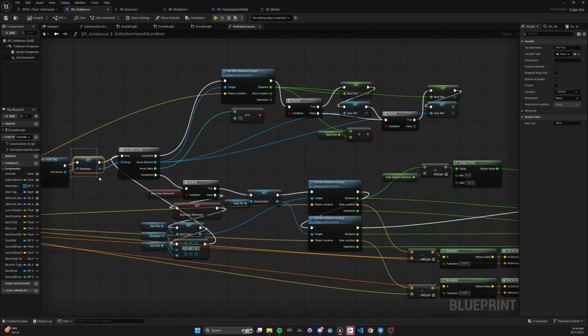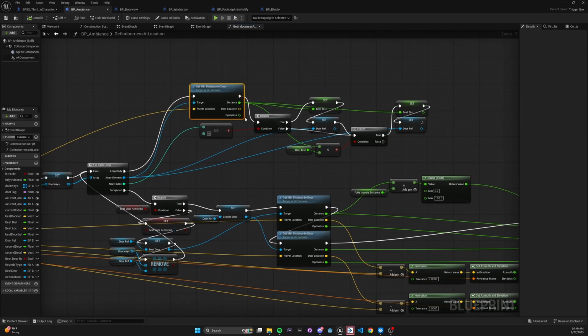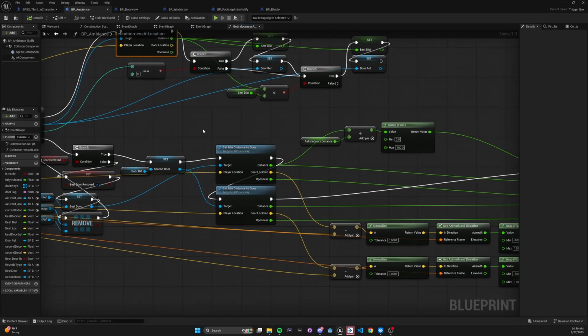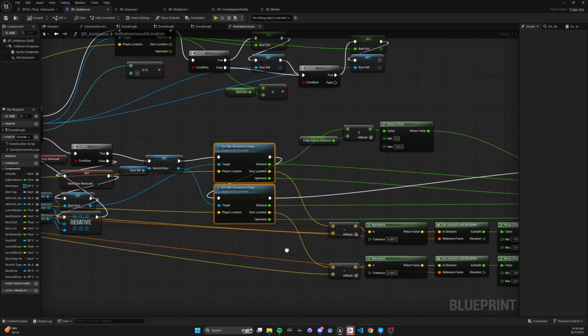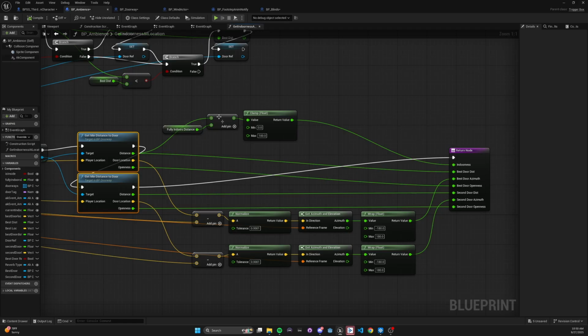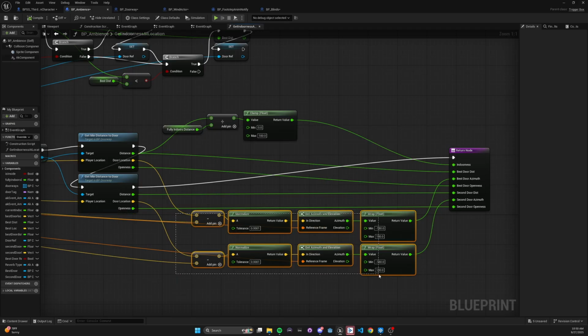And once we have that array of the relevant doorways, we'll loop through and call getMin distance to door on each door, filtering out eventually the best two doors. So we'll have the very closest door and then the second closest door, and we can run getMin distance to door on both of those again to really specify the location, the distance, and the spatialization using the